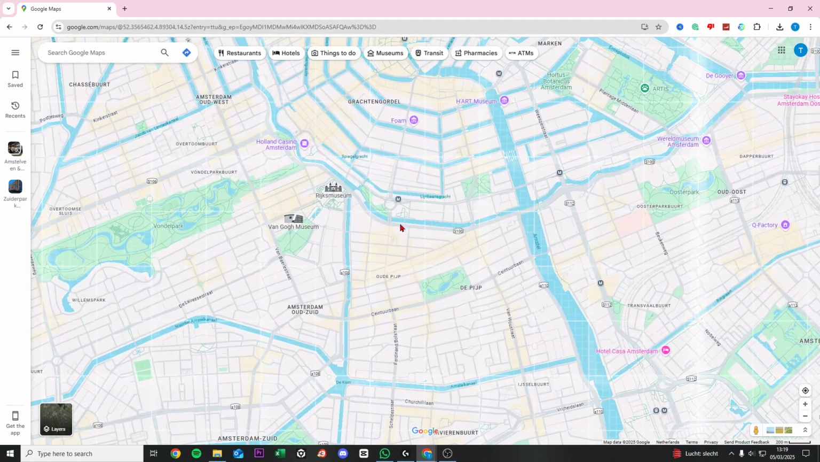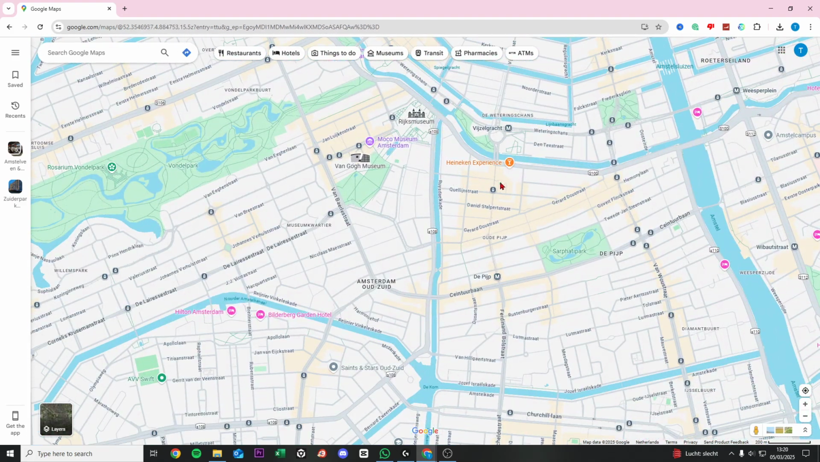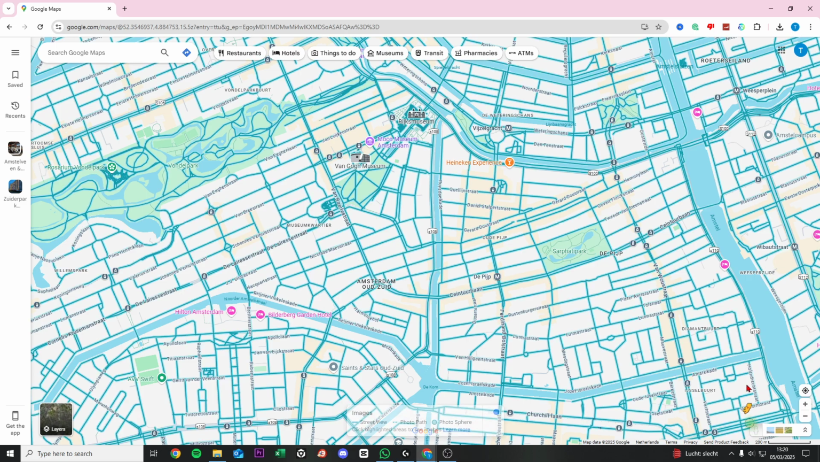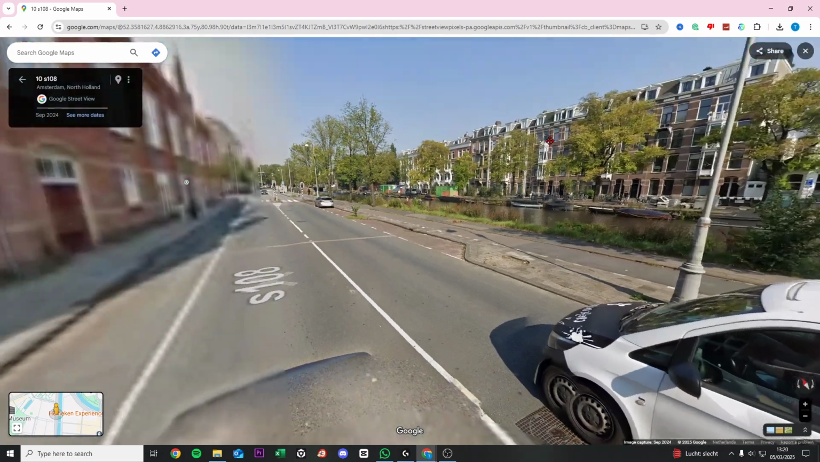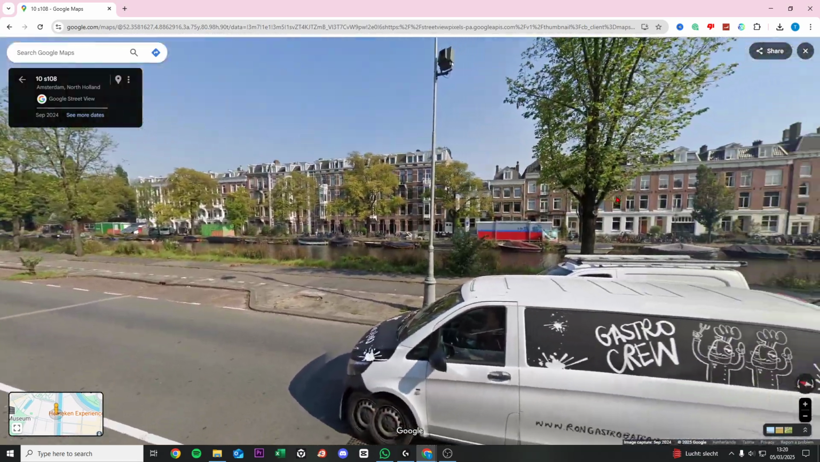Now, let's say we zoom a little bit in, and right now I want to place this orange marker, the street view marker, somewhere in the streets. Now, keep in mind that you can only place this marker in a street that is blue. So let's say I want to place it just right here, and right now you see here this street in